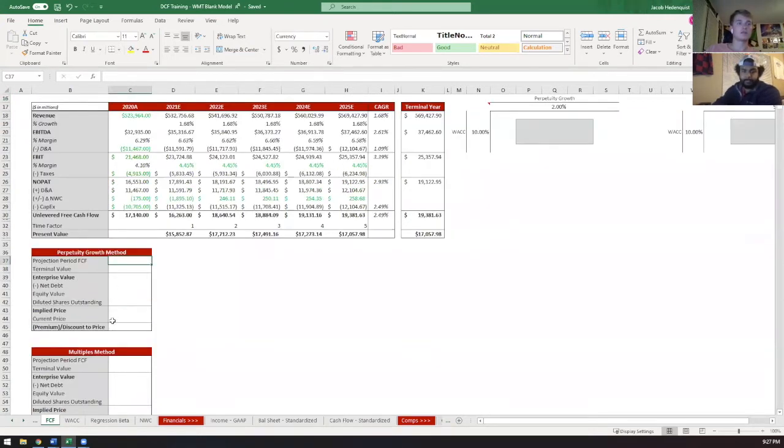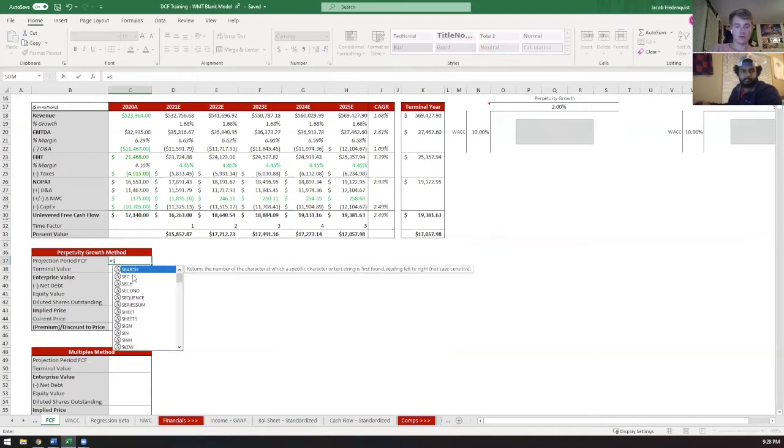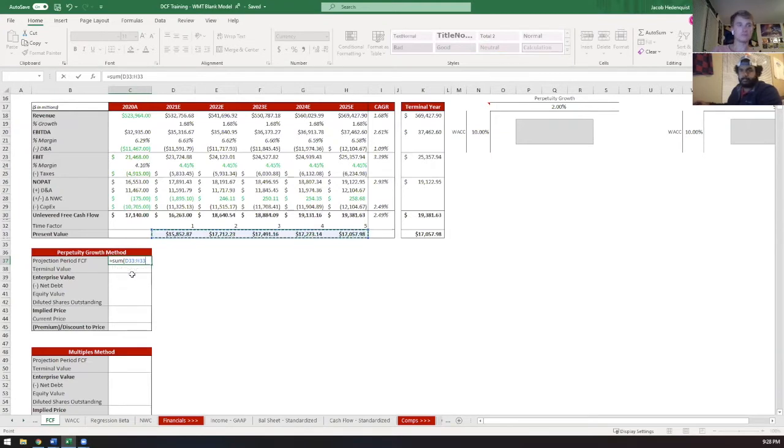But yeah, so this is where we're going to start actually calculating our implied price. So we'll start with our projection period free cash flow. This is just going to equal the sum of all these projected free cash flows right here. And then for our actual terminal value, we're going to use the formula that's on the Apollo DCF guide that